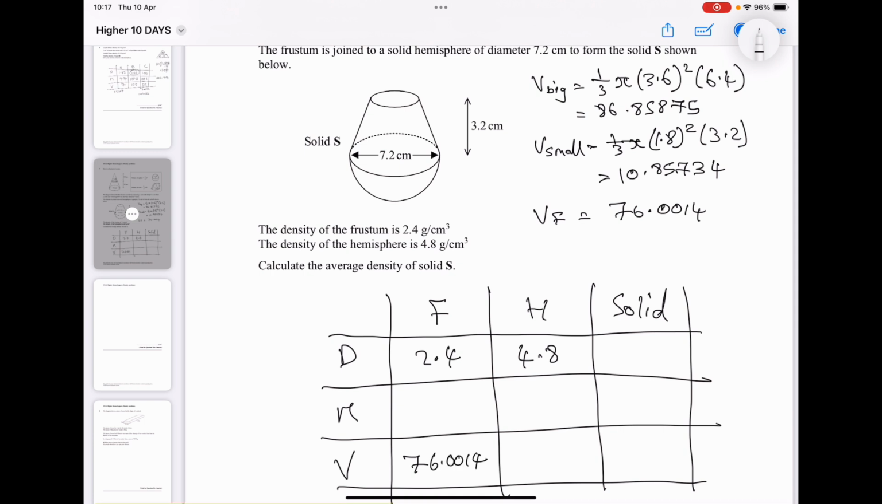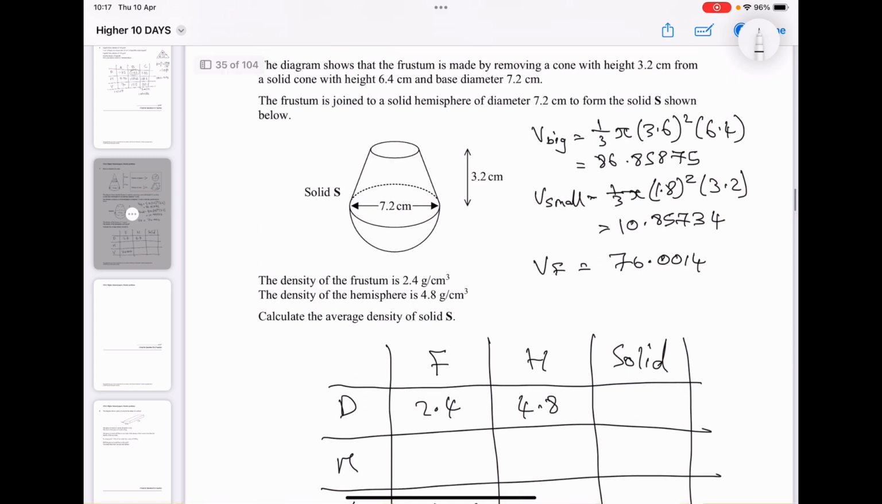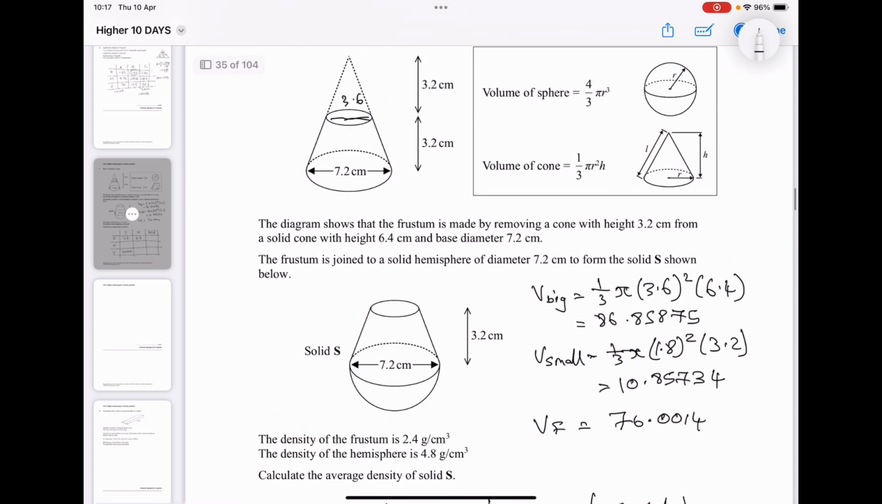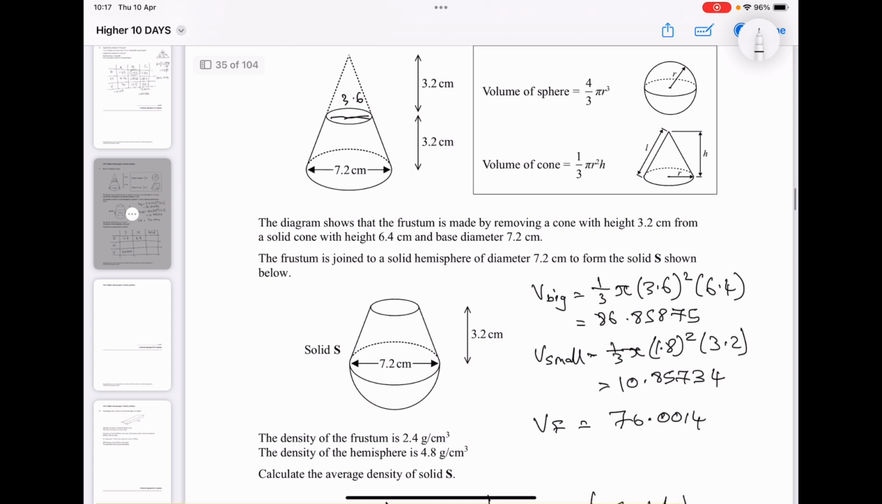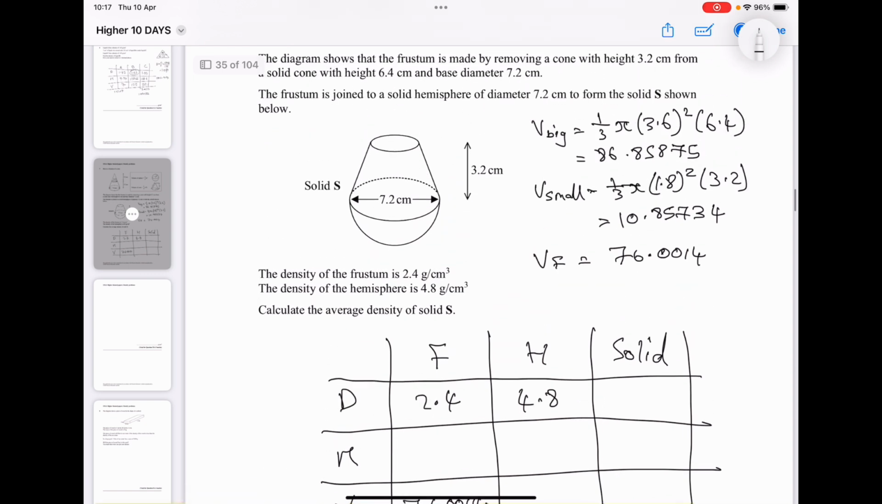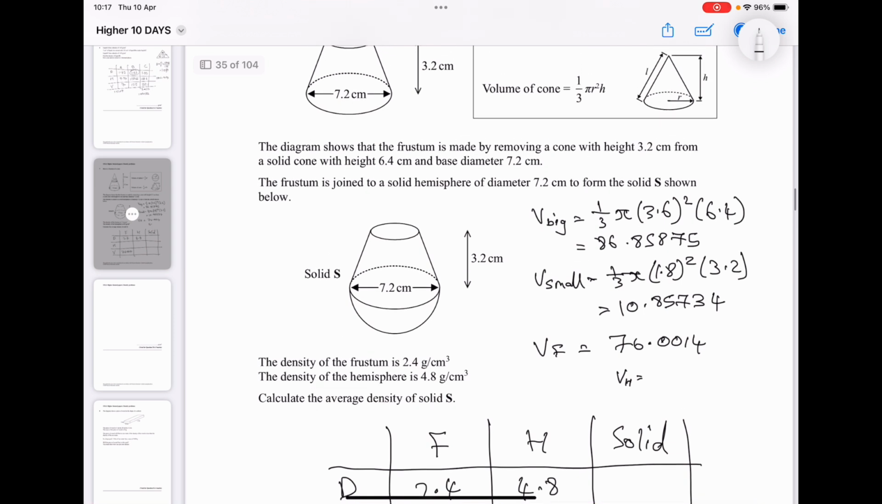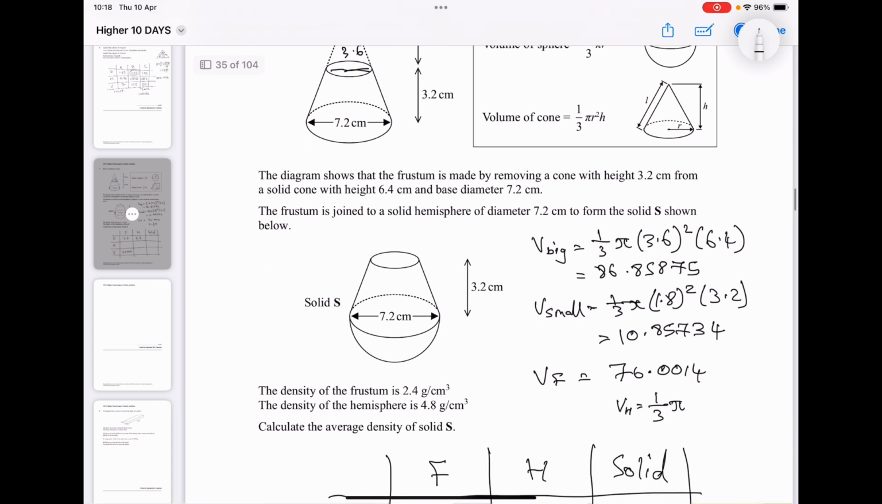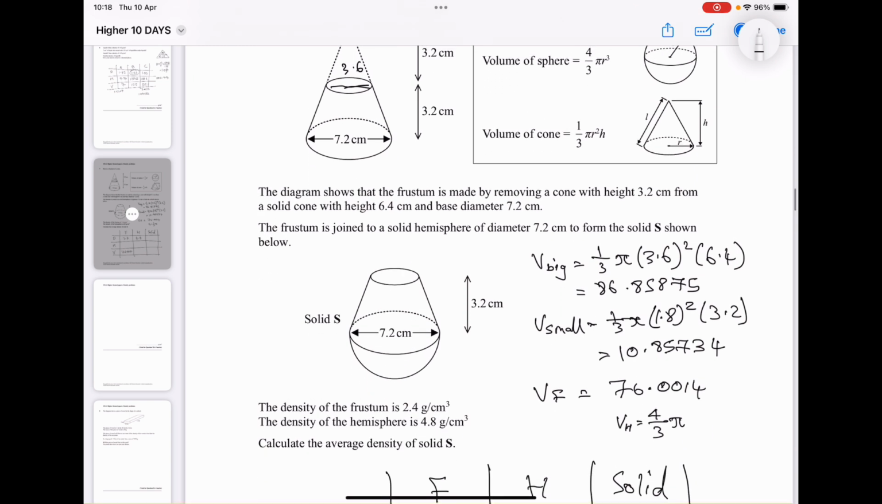76.0014, and then the hemisphere is literally just half of the sphere. So I'm going to do it, I haven't got any space, just do it here. Volume of the hemisphere equals a third pi r squared, where the radius is 3.6. What am I doing? I'm doing the wrong one. 4/3, sorry. 4/3 pi, radius is